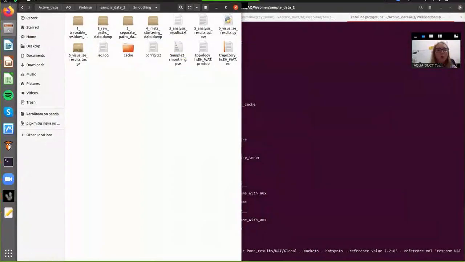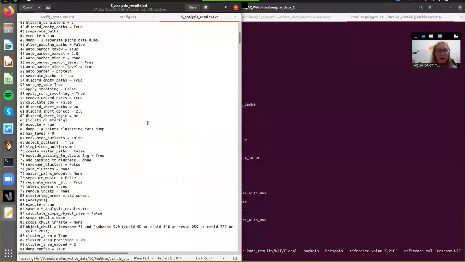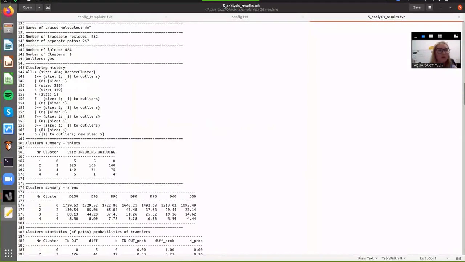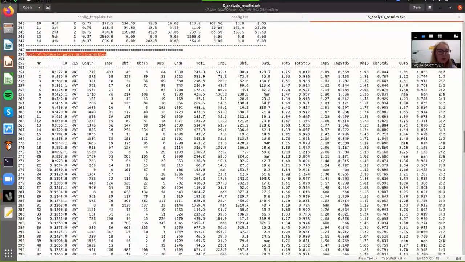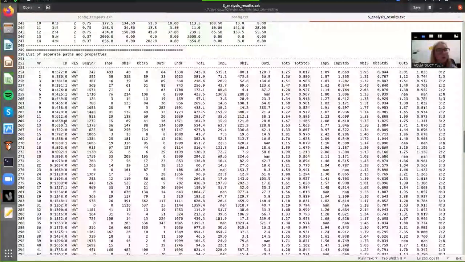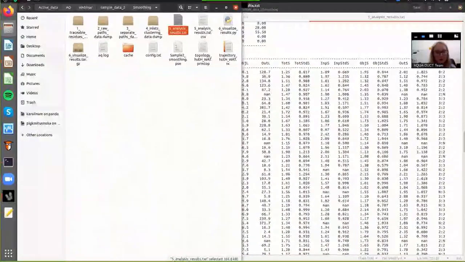So we will go to the 5 analysis results txt file, and we will go to this big table with a list of separate paths and properties. And we need to look for the path number 12. It's here. And as you can see, we have the specific ID of this path. I will copy this ID, and